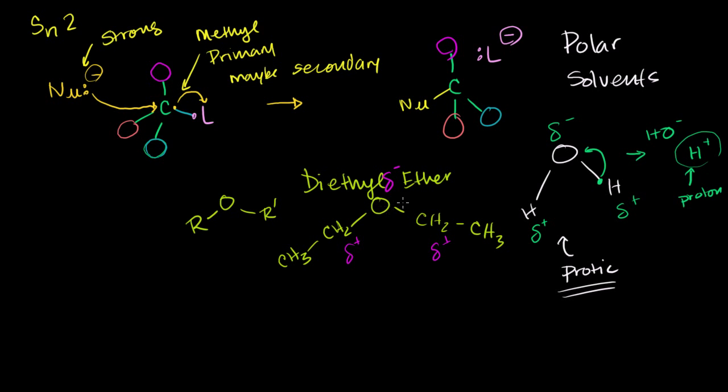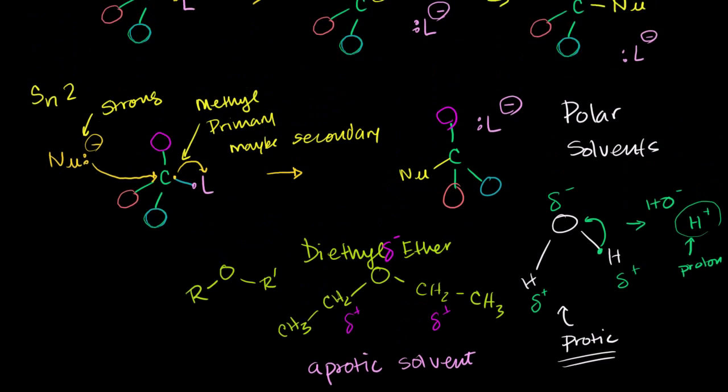Diethyl ether, on the other hand, doesn't have hydrogens that the oxygen can take away. The hydrogens here are all bonded to carbon, which is not that electronegative. So this is an aprotic solvent. Now, let's think about whether an Sn1 or Sn2 is better in